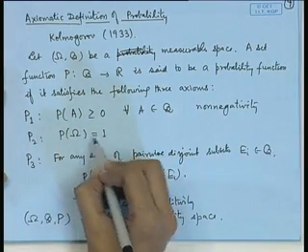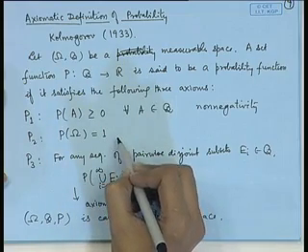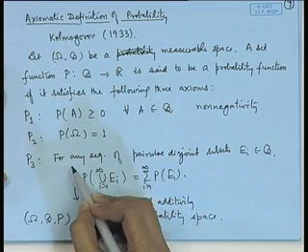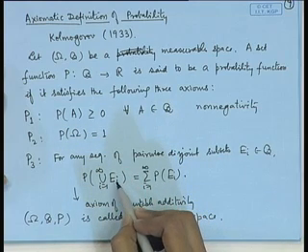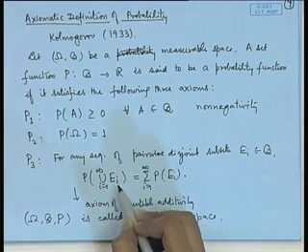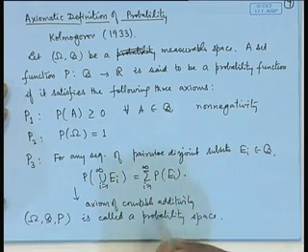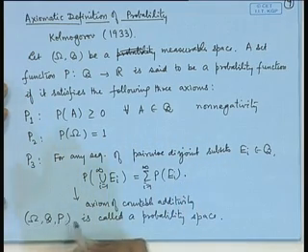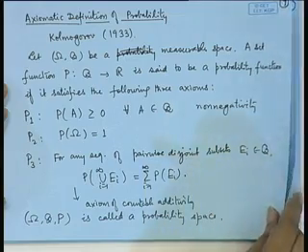Then the probability of the full sample space is 1. Basically, it makes P a finite function. And the third axiom is the axiom of countable additivity, that is, for a given pairwise disjoint sequence of sets, the probability of the union is equal to the sum of the individual probabilities. Thus, this omega, B and P is called a probability space.